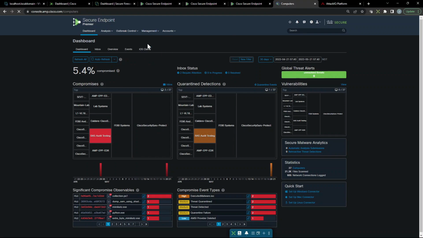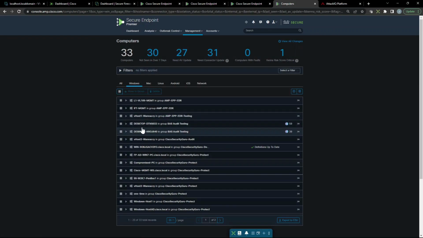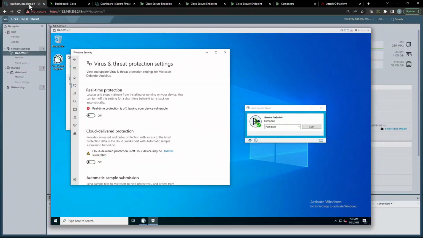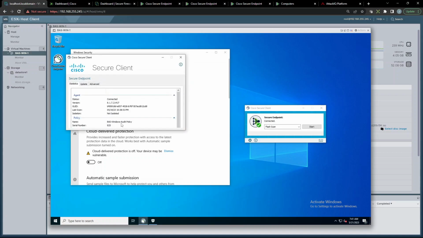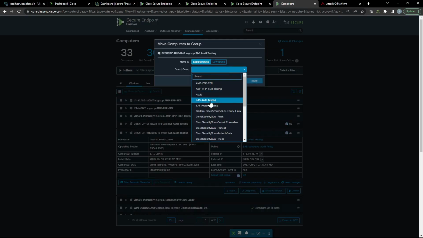Let's go ahead and navigate to policy. We want to make sure that our asset is actually assigned to the prevention policy, or preventative policy, and it's currently in audit. Let's check that out here. And we can see it's audit policy. So let's go ahead and move that asset into the appropriate group that has all the protection mechanisms in place